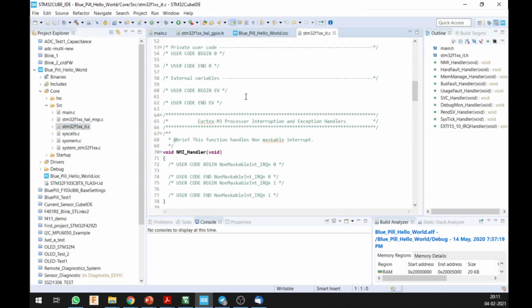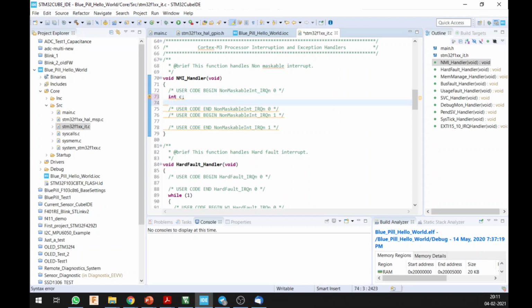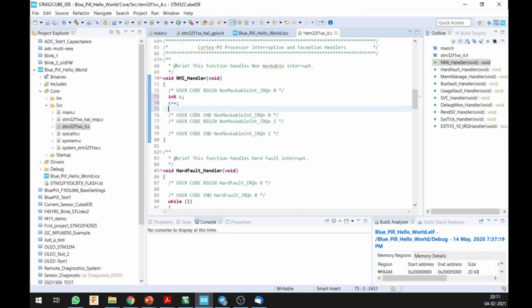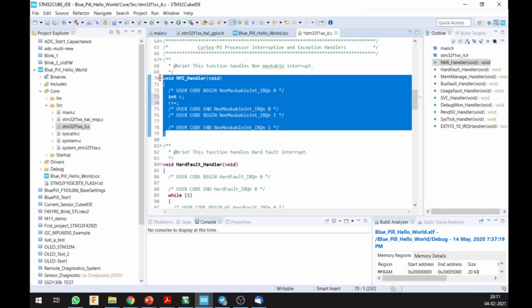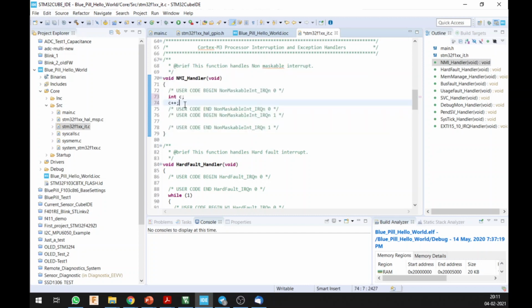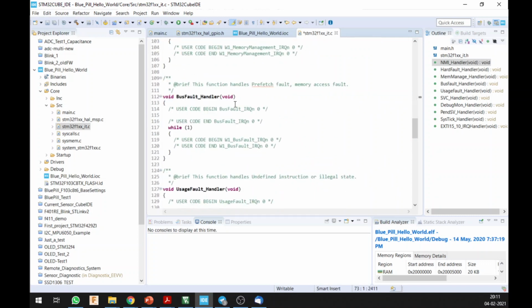Alright, so over here you can see the NMI handler. Whenever you want to invoke an NMI handler, if you want to do something, maybe whenever this code is called, I want to initialize a variable called int c, and then I just want to keep on adding to c, and that is all I want to do. You can do it over here. The handler is over here. Basically, this is the routine which is happening on invoking an interrupt. I don't want to mess around with this, so I'll just leave it as is.